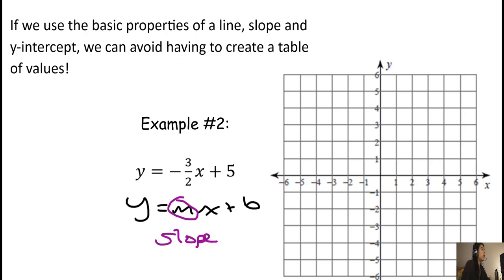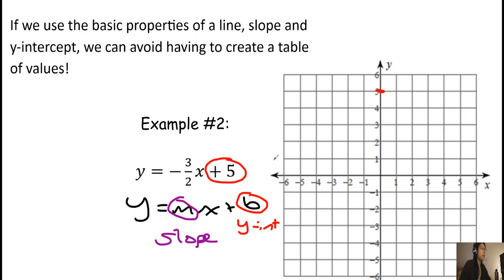And then the b value stood for the y-intercept. So anytime you're given an equation, you can immediately plot one of your points, and that is the 5, because this one is our y-intercept. Y-intercept is where the line crosses the y-axis, and in this case it's at +5,